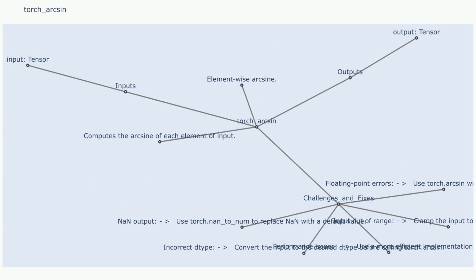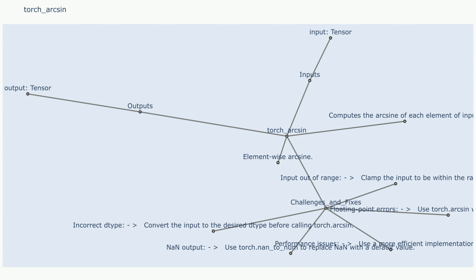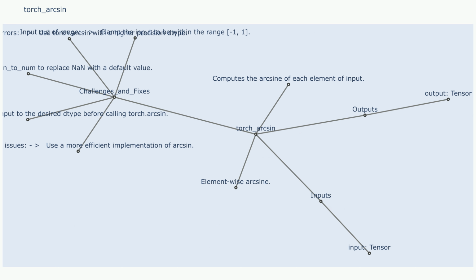Sample use case: torch.arcsin(torch.tensor(2.0)). Fixes to challenge 1: ensure that the input tensor contains values within the range -1 to 1. Before calling the function, you can clamp the input values using torch.clamp to restrict them to the desired